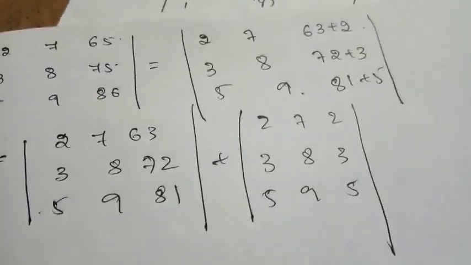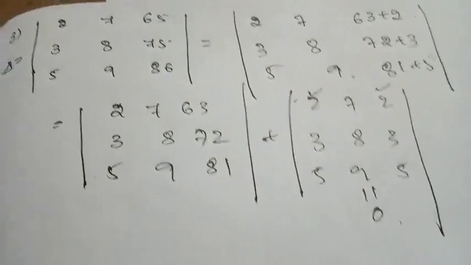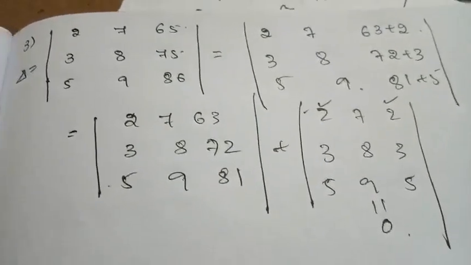So by looking here at the two columns C1 and C3, you can say that these two columns are identical, so the value of this determinant is equal to 0. Now look here, I should make the value of this one also equal to 0 to get the determinant equal to 0. So what is the relation I can make here?